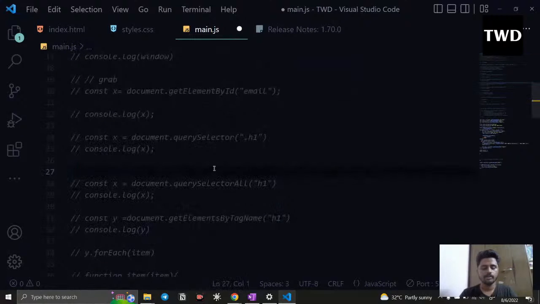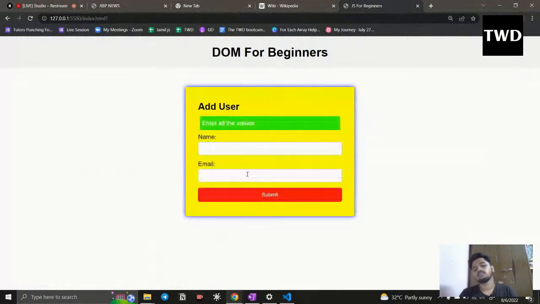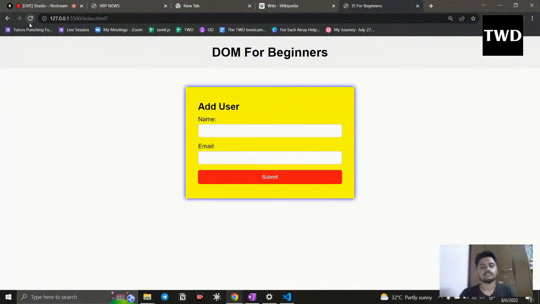Okay, so just a minute, I will show how the JavaScript works. Here you can see, just refresh it. So this is the code. Using HTML and CSS, I created a simple form. I just say add users, and a name and an email are there, and they're asking for name and email. If a user comes, he doesn't give any name and email, and he's simply submitting it,